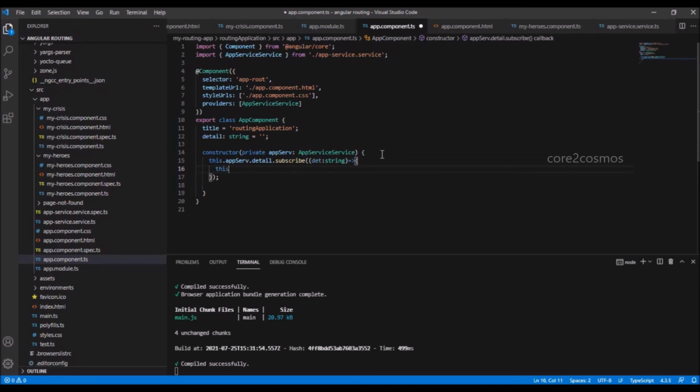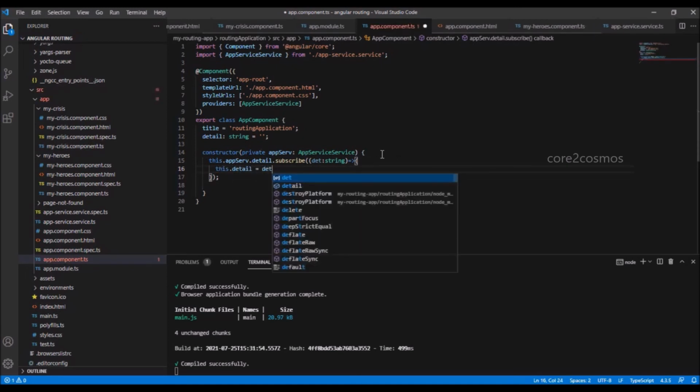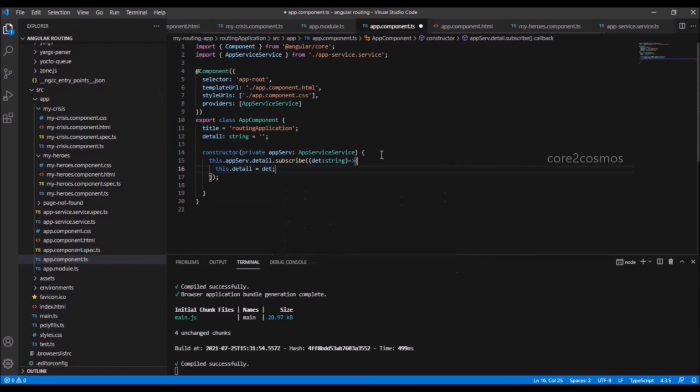I assign the result I got by calling the subscribe method to the local variable detail.